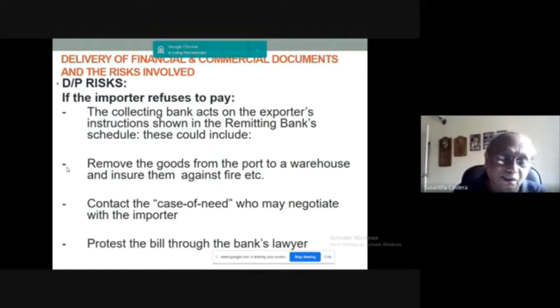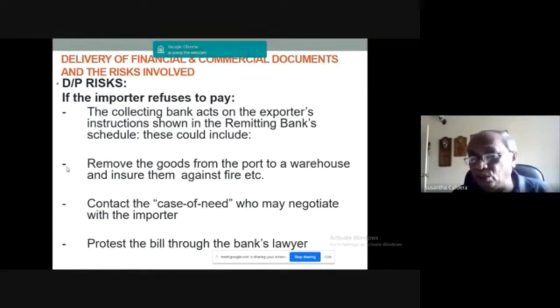But normally, what is happening is, even if you put or not that you have to remove the goods from the port to a warehouse and insure them against fire, the bank can refuse. The collecting bank can refuse. Normally, most of the prudent banks in Sri Lanka and worldwide, right, all the good banks,